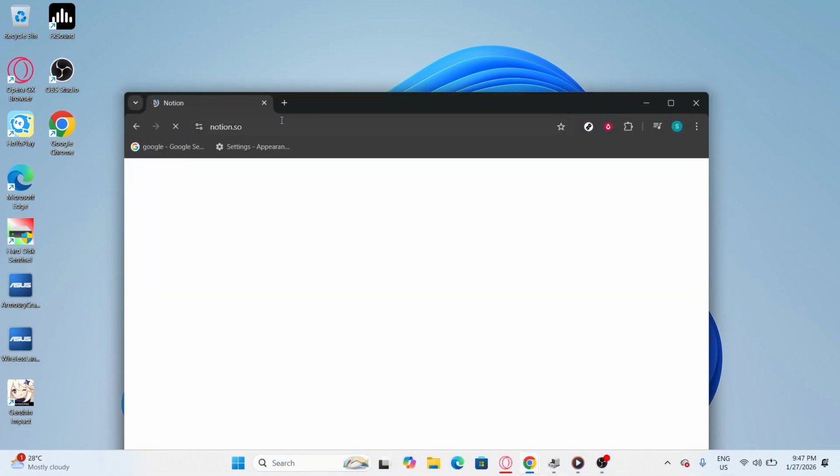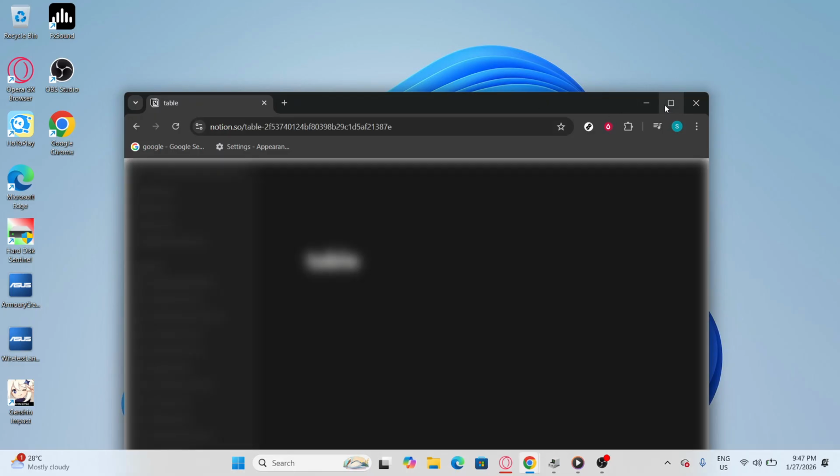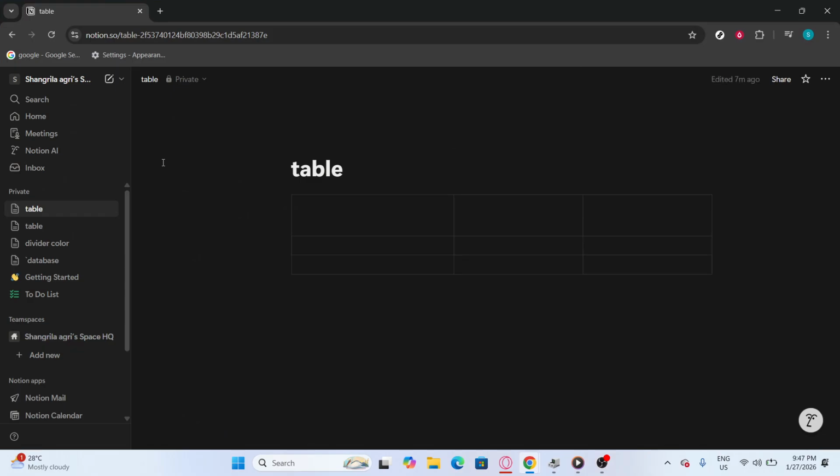Ensure you are logged into your account to access your workspace. This is essential for proceeding with any modifications to your tables. Next, locate and click on the title of the page that contains the table you wish to resize. This action will take you directly to the specific page where your table is situated, allowing you to make the